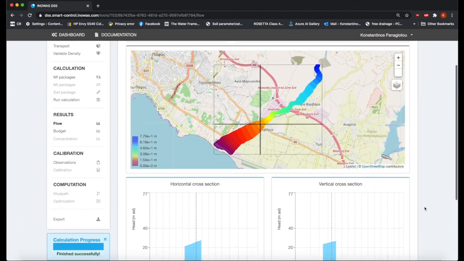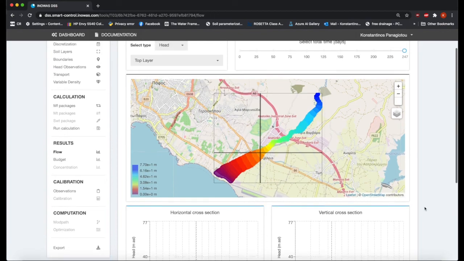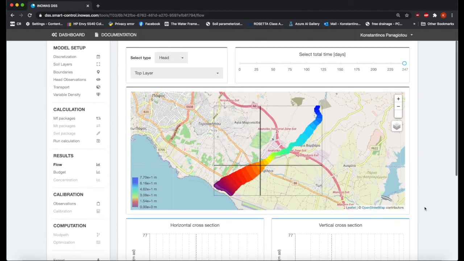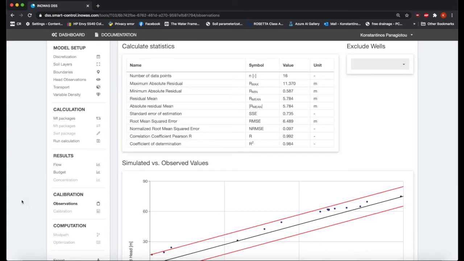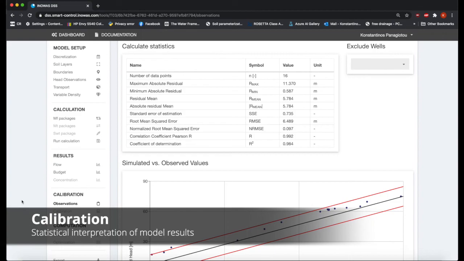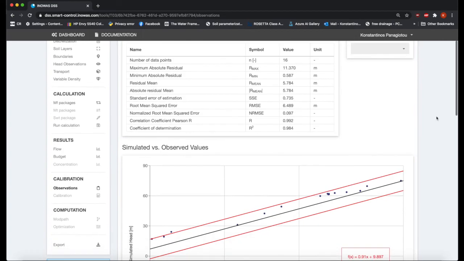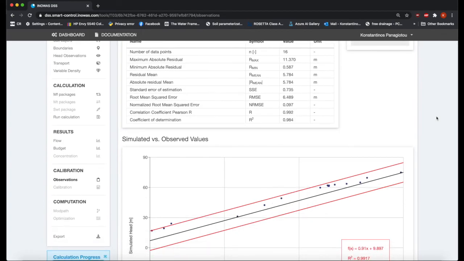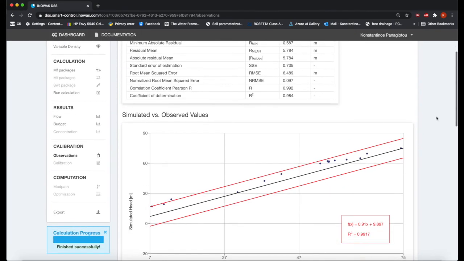So this is the contour map, and regarding the calibration, we see that the root mean square error is around 6. Remember that the maximum value of the elevation is 77, and we get an R square of 0.9917,